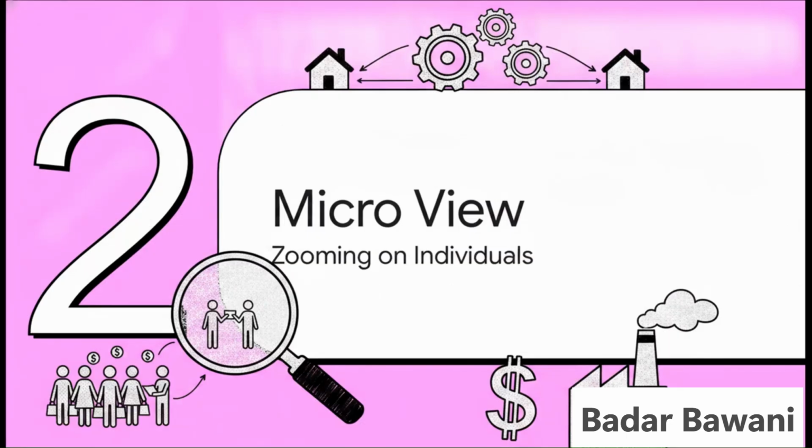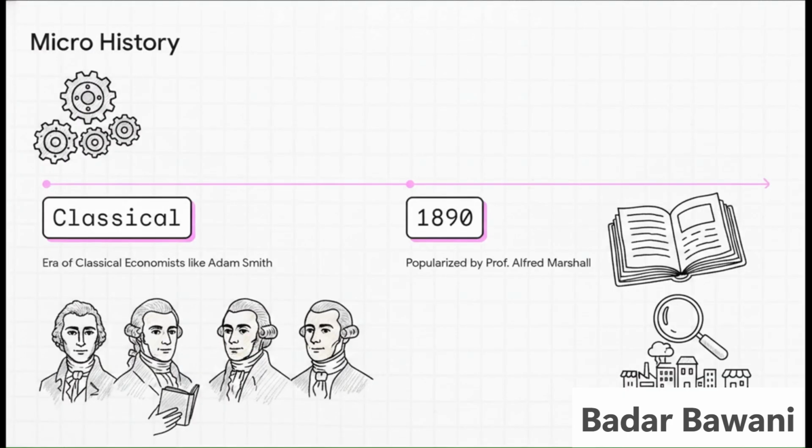Moving on to Section 2, micro, the microscopic view, zooming in on the individual. Historically speaking, microeconomic analysis actually came first. Tracing the origins back, we start in the era of classical economists. We're talking heavy hitters like Adam Smith, David Ricardo, and J.S. Mill. But it was truly cemented and popularized a bit later by the neoclassical economist Professor Alfred Marshall. In 1890, he published a hugely influential book called Principles of Economics, and that firmly established the microscopic approach we